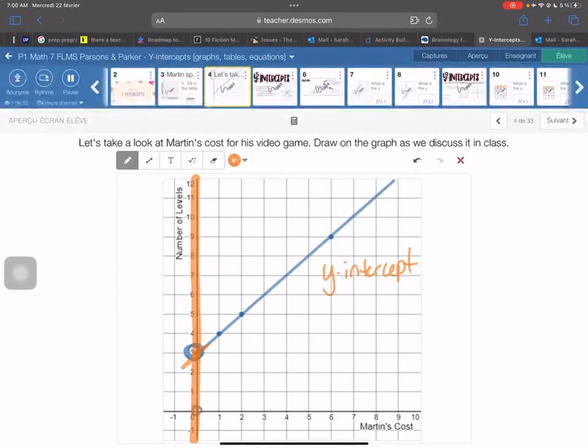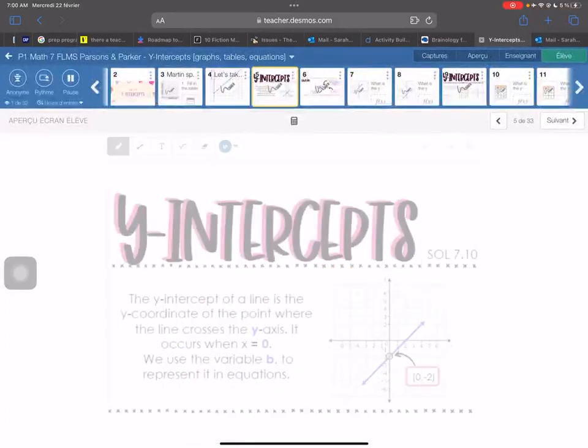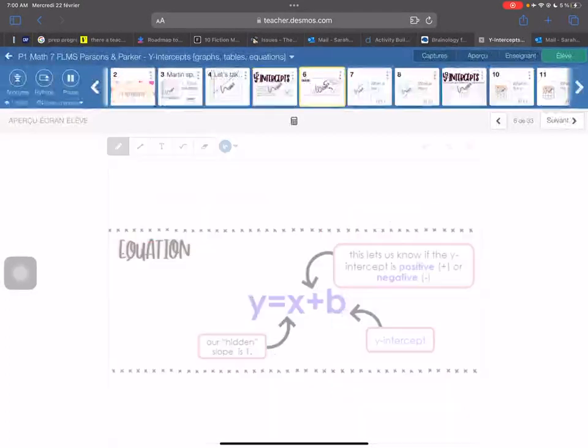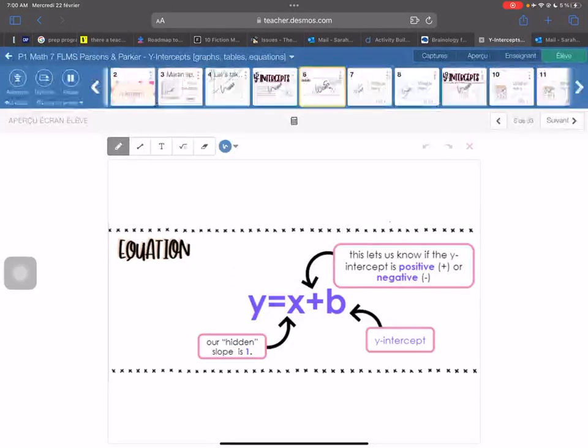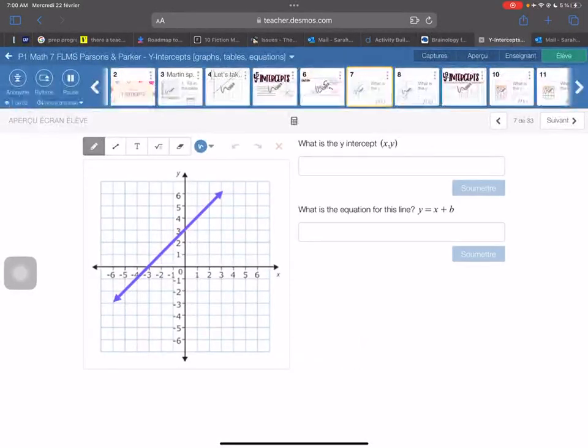So let's do a couple examples. You guys had these notes from yesterday, so we took all of these notes. And we'll do our first graphs, and then we'll do some tables together. For my graph, the y-intercept, I'm going to start by highlighting the y-axis. The y-intercept will always be on the y-axis. So I'm going to find that y-axis, and the intercept, that's where the line cuts across the y-axis, is at